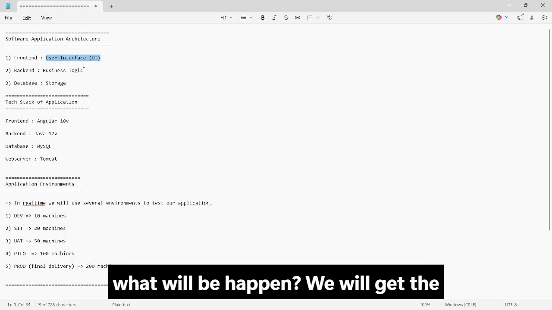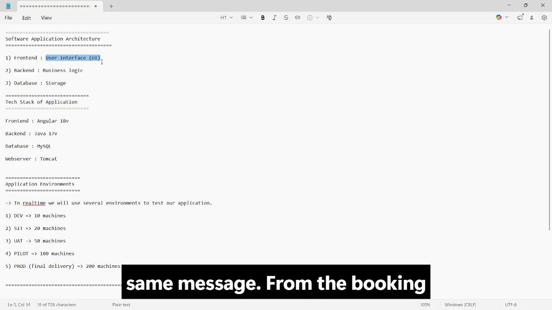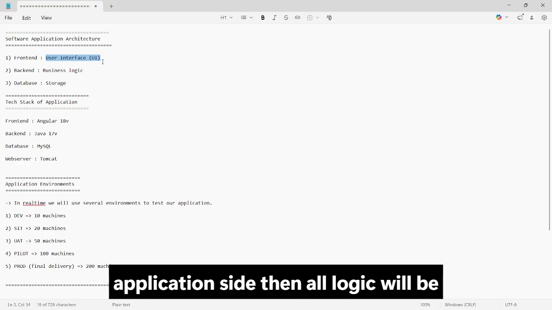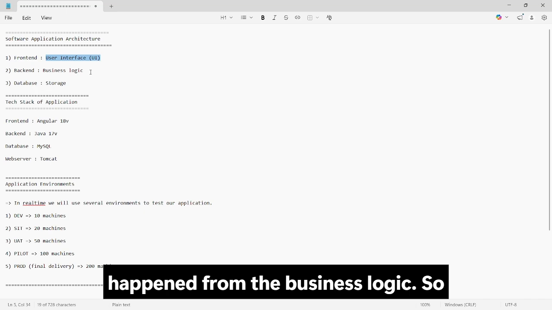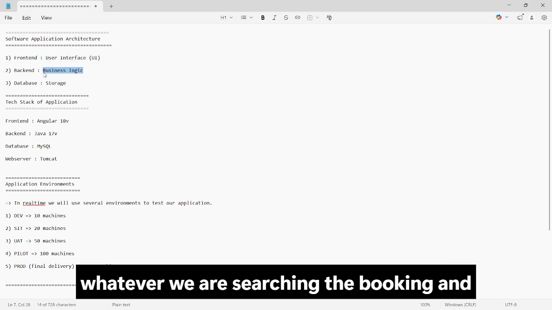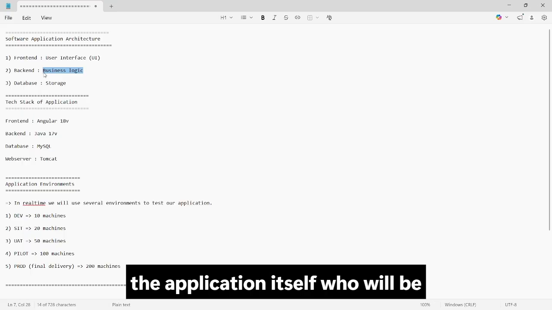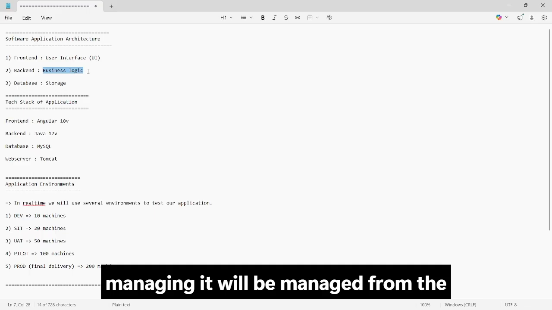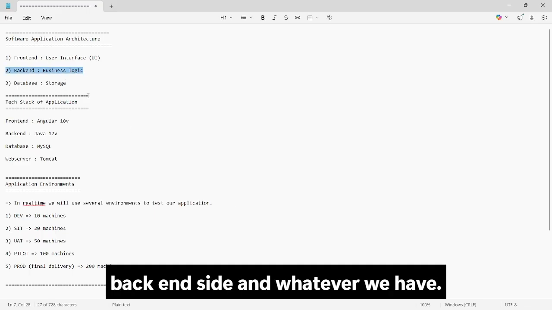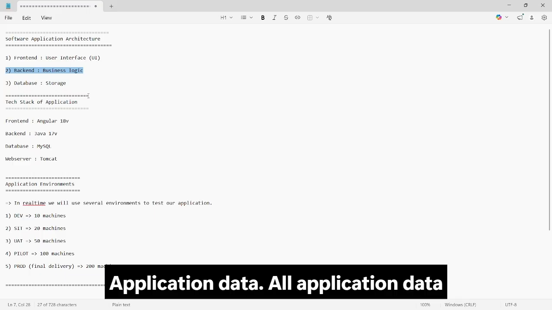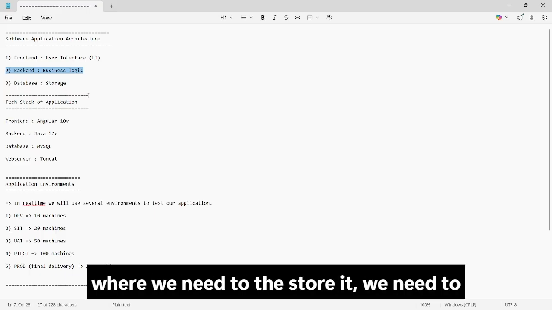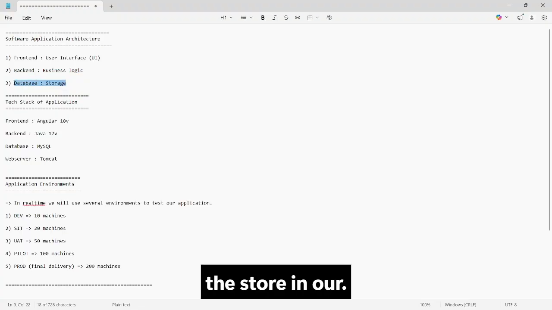Once we book it, what will happen? We will get some message from the booking application side. Then all the logic happens in the business logic. Whatever we are searching, then booking, and the messages we are getting from the application side, who will be managing that? It will be managed from the backend side. And whatever application data we have, where do we need to store it? We need to store it in our